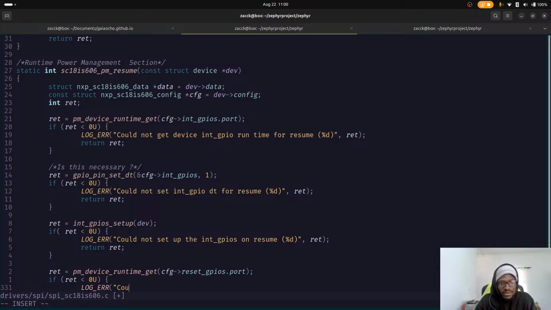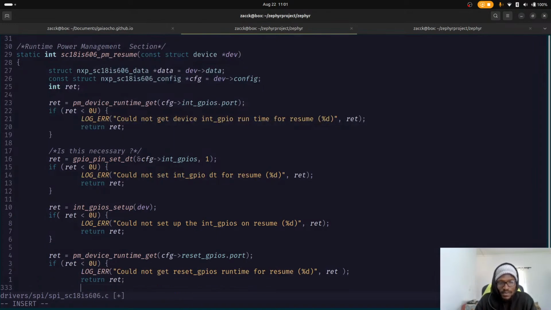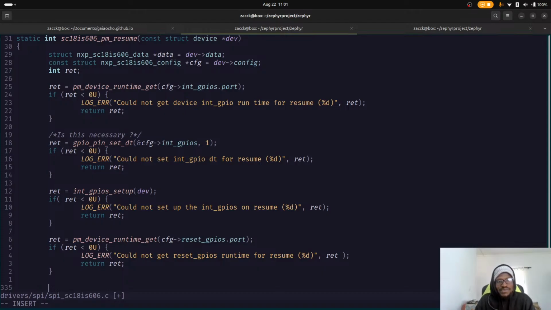could not get the reset GPIO's runtime for resume, and then that, and then return ret. Let's do that, and then once we have that one, let's now do the